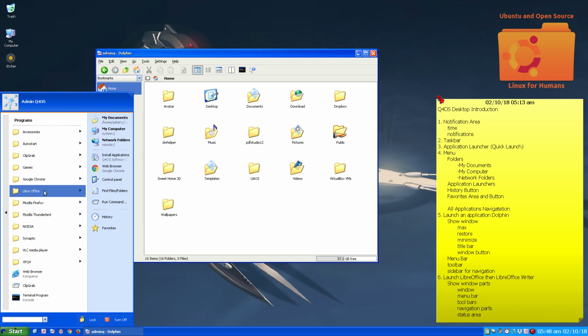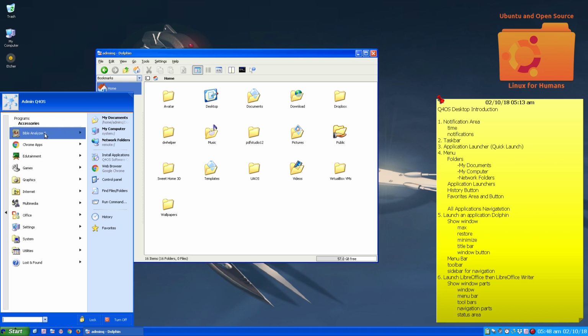Thunderbird, Firefox, LibreOffice, but these are not all the applications. See, because in here in accessories, this is where this menu system comes in. The Chrome apps,